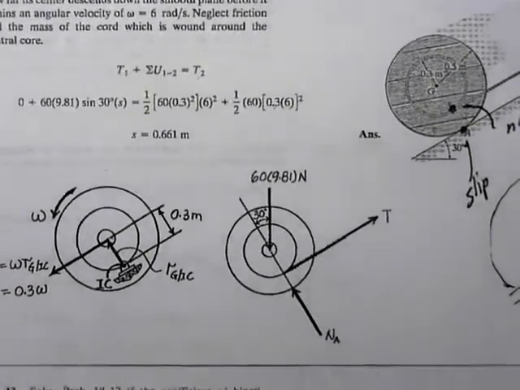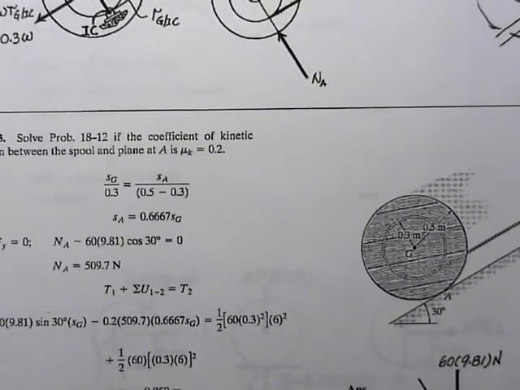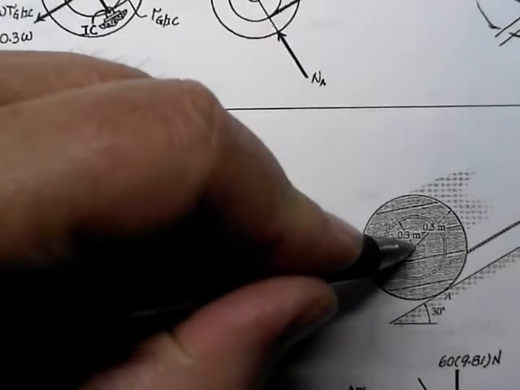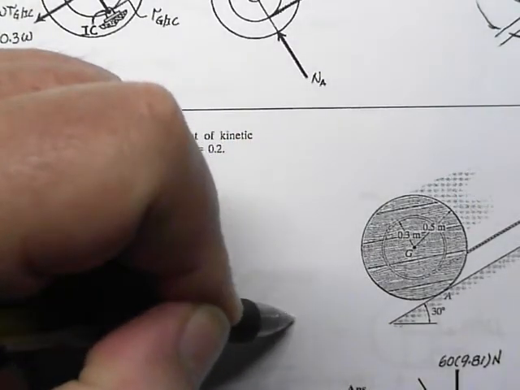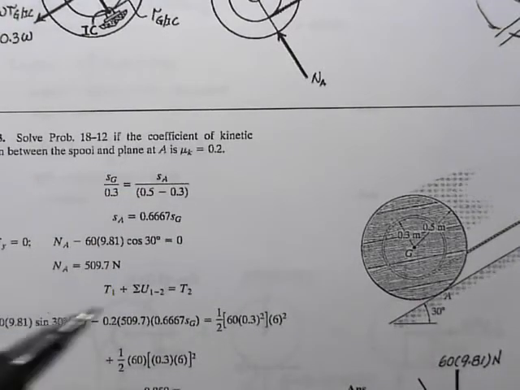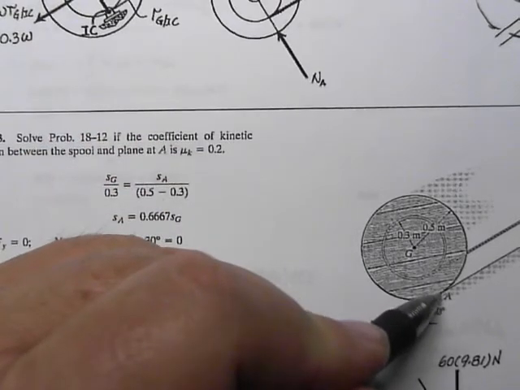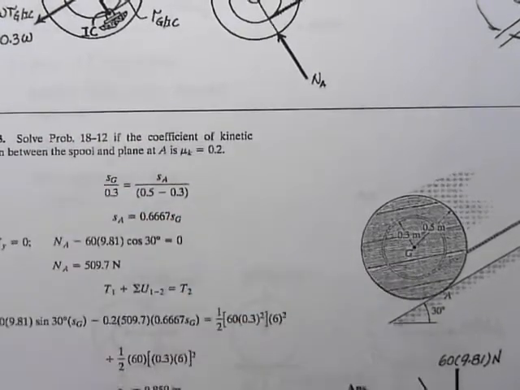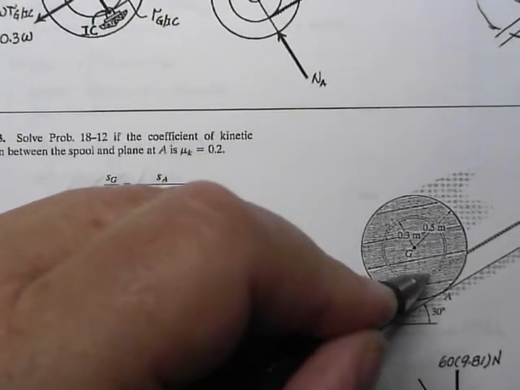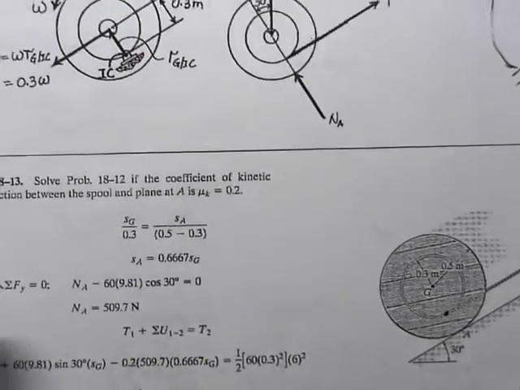If we add in friction, just as in the earlier problem that we saw, this will travel a distance, but the friction distance will be different, and it'll be based on the instant center. And then I believe in this case, we'll see the numbers in just a second, that the friction distance will be smaller than the travel distance because of that instant center right there. Okay, and so